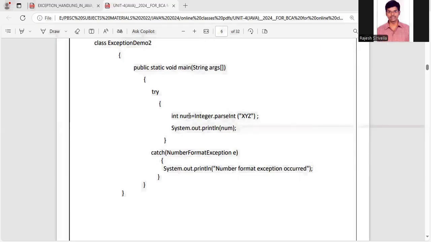So an exception is raised in the try block. When an exception is raised in the try block, the statement in the catch block will be executed. Now we get this output: Number format exception occurred. Suppose, see here, if in place of xyz we write 10,